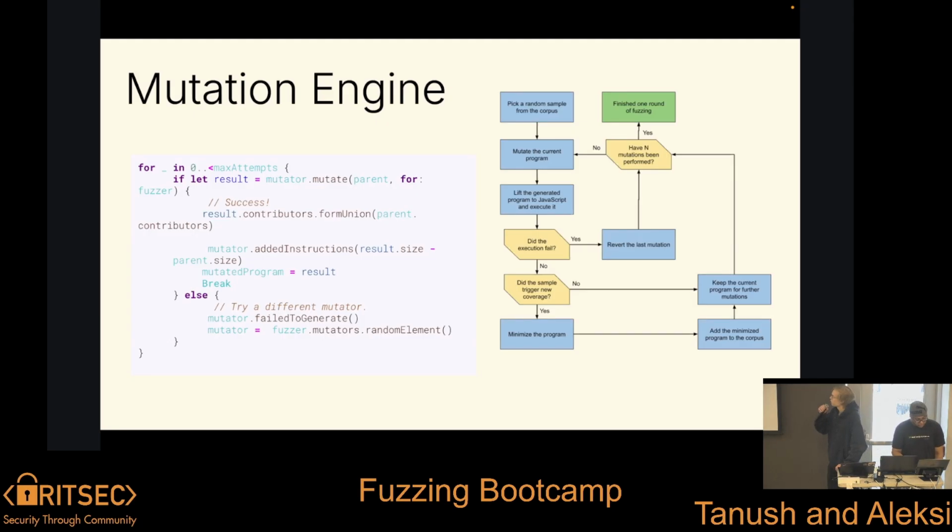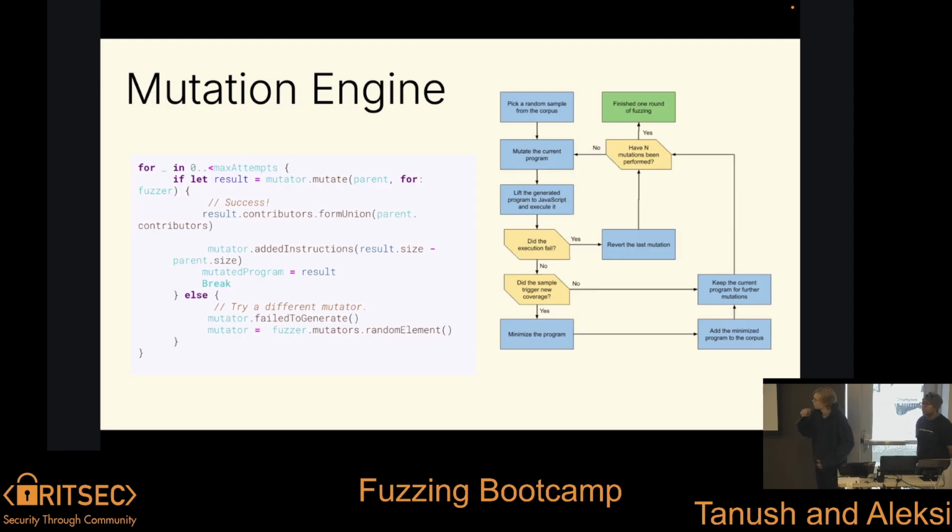Okay, so I'm just going to go over one of the engines that Fuzzilli has. It has another one called the Hybrid Engine, but I will just go over the Mutation Engine because it's simpler, and I don't think it's completely relevant to go over hybrid for this presentation at least. So the Mutation Engine is the most basic type of engine that Fuzzilli has. It'll essentially just perform n consecutive mutations on a selected program and look for coverage or semantic errors.